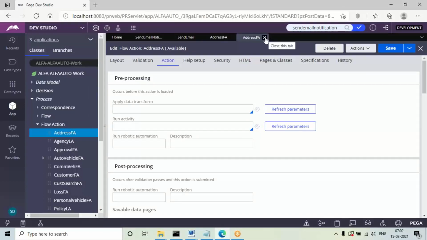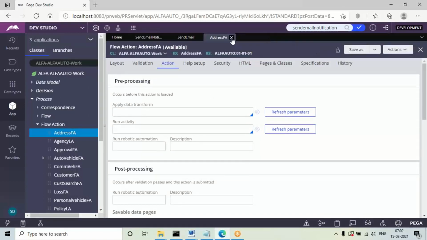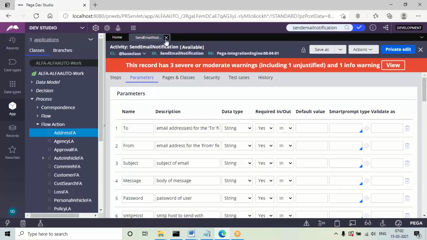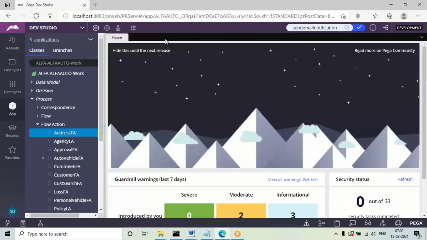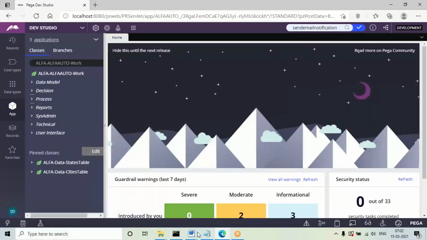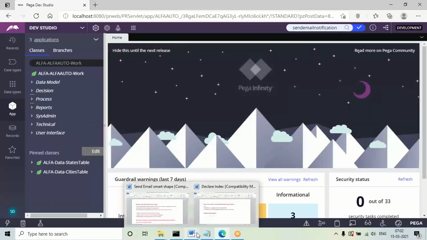Okay. And there is another way to send notifications, using a shape called the send email smart shape. If you want to send notification using the send email smart shape, we'll be using one configuration through the integrations widget.